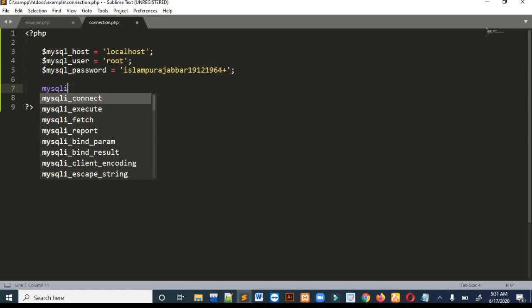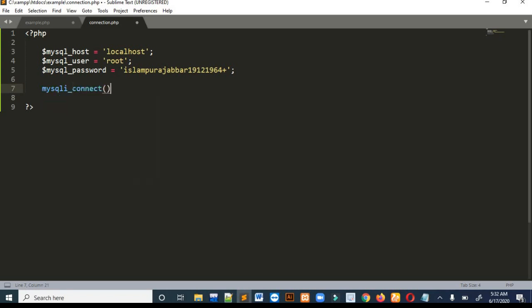If your queries are not running, try writing the query with i, then it will run. There is a built-in function which is mysqli_connect. Write this function, and in this function you have to pass all of these things. As we saved all of these things in our variables, just copy and paste these variables over here.